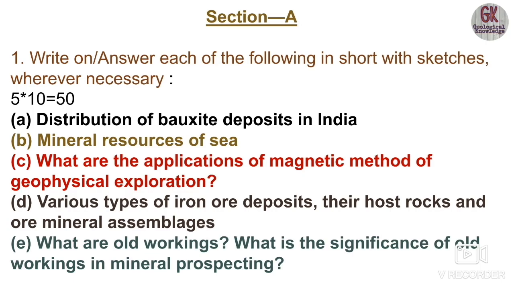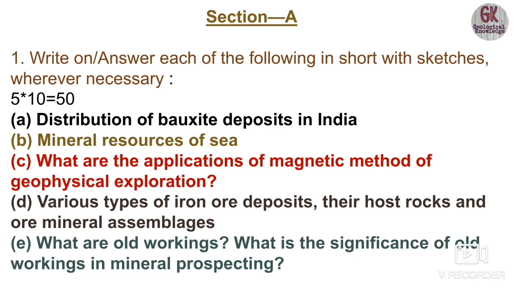Magnetic surveys are based on the measurement of the value of magnetic anomalies. In these types of surveys, the vertical component of the Earth's magnetic field is measured. If you talk about the uses, magnetic surveys have been widely used for the exploration of oil and magnetic ore bodies, such as deposits of magnetite, pyrrhotite and ilmenite.